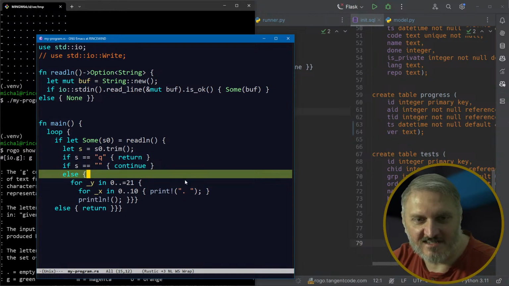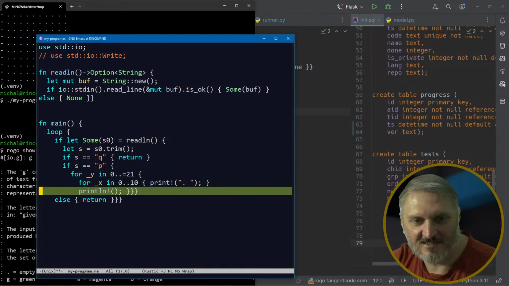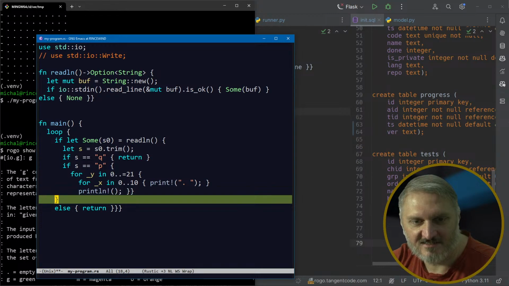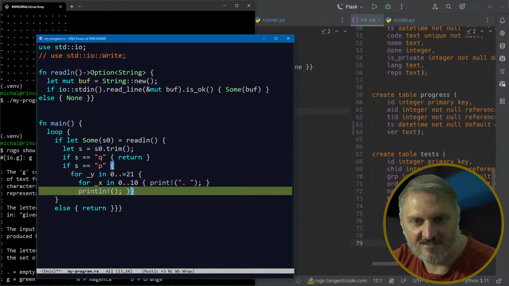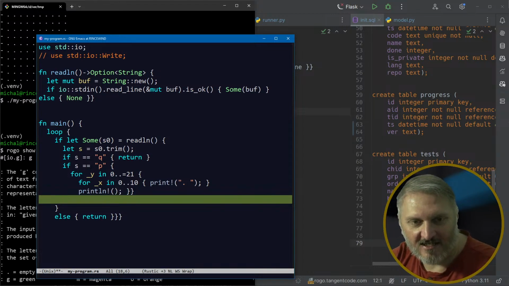So really, we should just say if s equals p, then do this. Right. Because I was just being snarky or silly and did this. Right. And yeah. So then I didn't check. I didn't pass the test. Right. And then if s is equal to g, or otherwise,